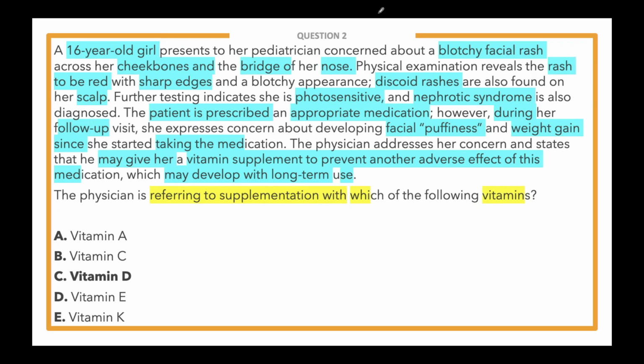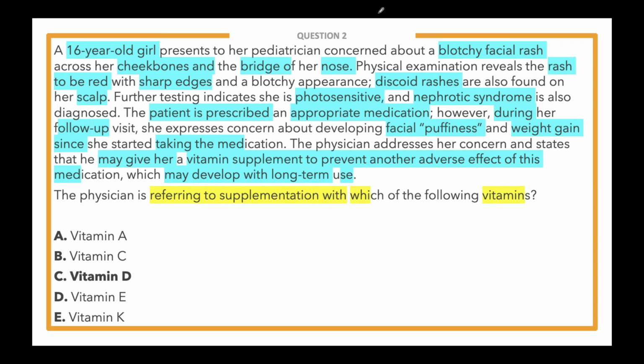So what is another adverse effect of this medication? Well, I think what they're getting at there is osteoporosis. And you can prevent that with taking vitamin D supplementation and calcium, and sometimes, if needed, even bisphosphonate therapy down the road. So the adverse effect that can be prevented with a vitamin would be osteoporosis and supplemented with vitamin